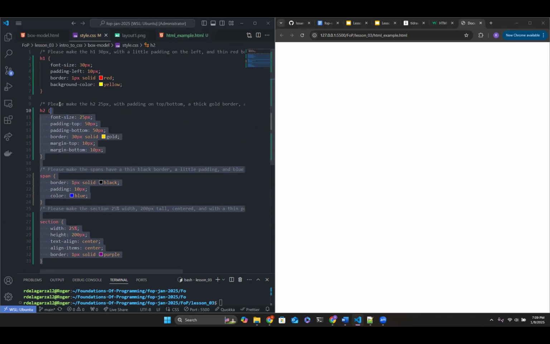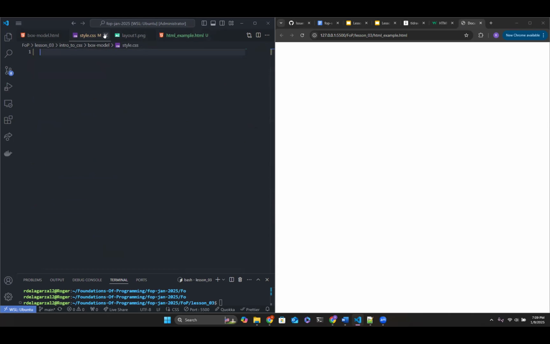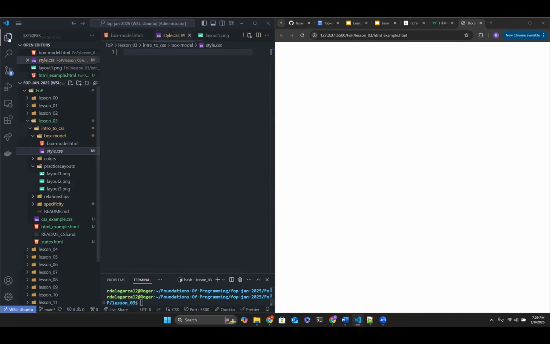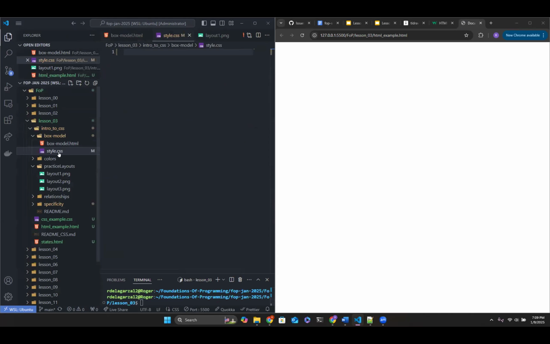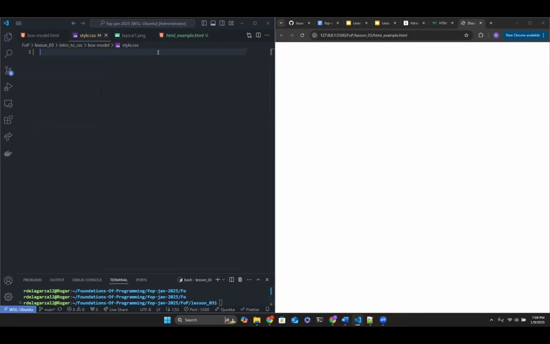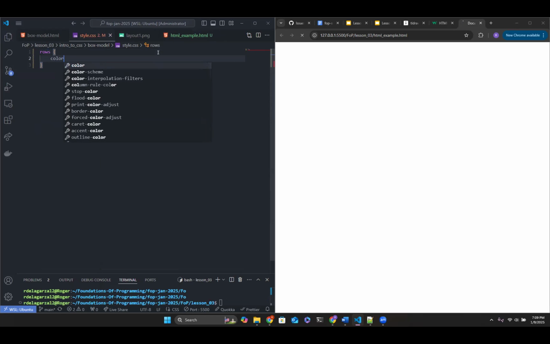I'm gonna go ahead and comment out the stuff here. And I believe I'm in the right one. I am. Yeah. Okay, good. And here I'm gonna say rows, and I'm gonna give them the color of. Actually, let's add a border first so we can see the border.